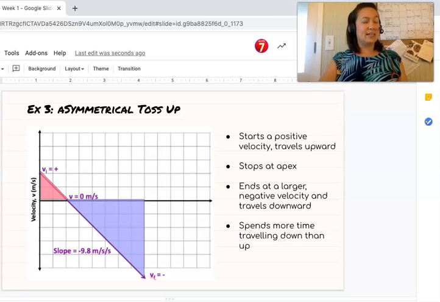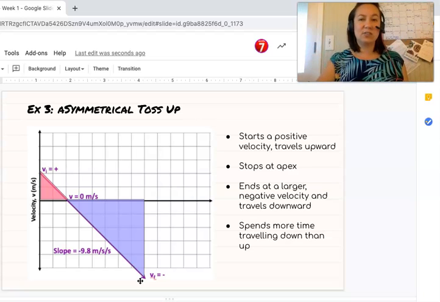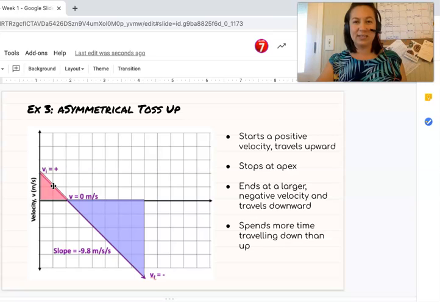So, in an asymmetrical toss-up, notice it starts with some positive velocity. It travels upward. It stops at the apex, and then it falls for a larger distance. It spends more time traveling up than down. What this would look like in a velocity versus time chart is this would start at 19.6, subtract 9.8, subtract 9.8 so that it stopped at 2 seconds, and I'd keep subtracting 9.8 meters per second until I find its